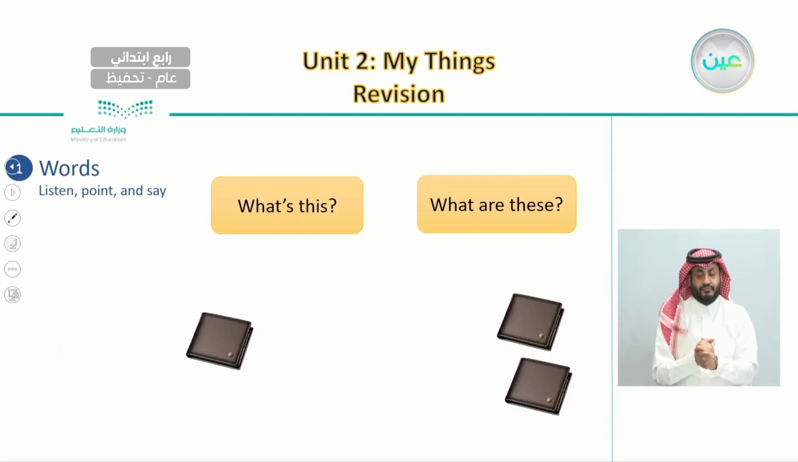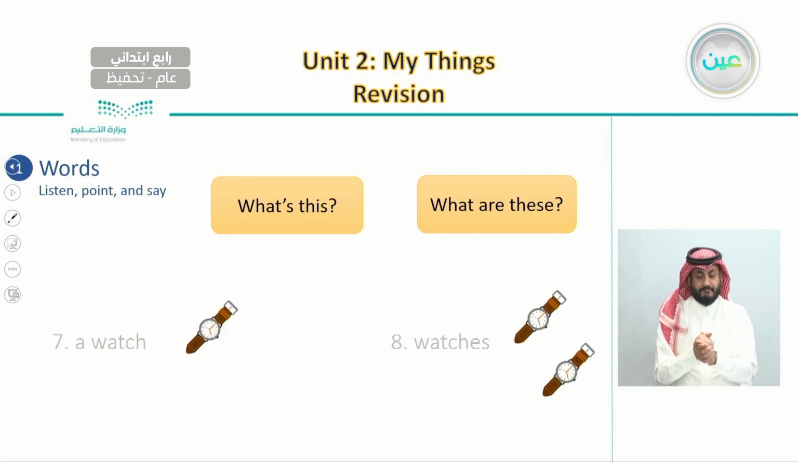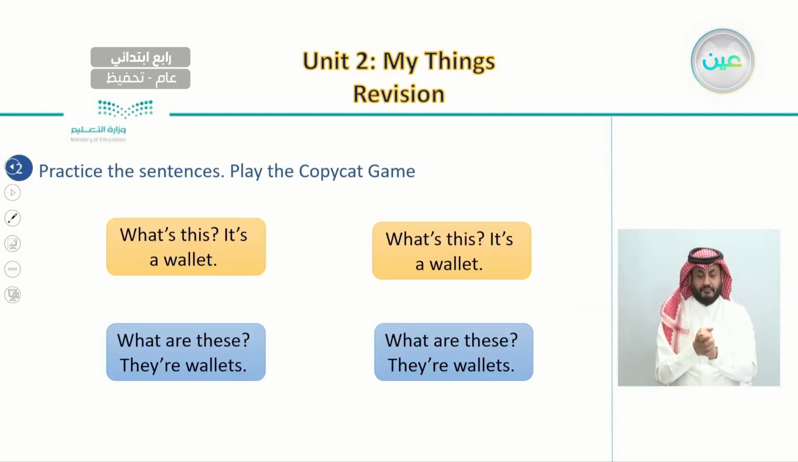MP3 players. And here, what is this? It's a wallet. And what are these? They are wallets. And also another example, what is this? It's a watch. And what are these? They are watches. So we said that to practice and to memorize this question, we can play the copycat game,